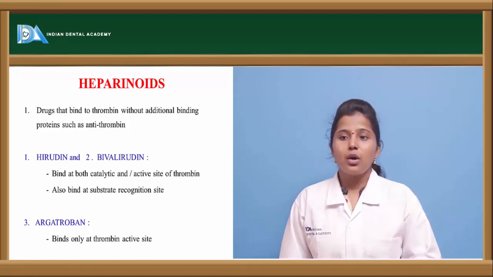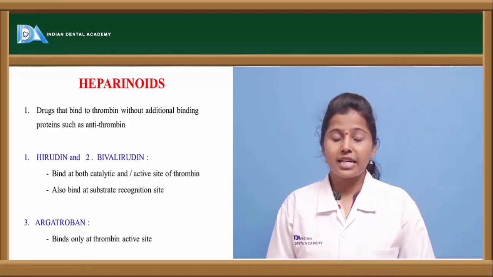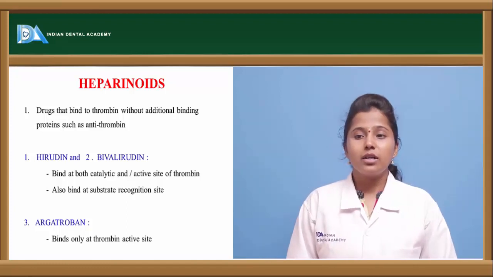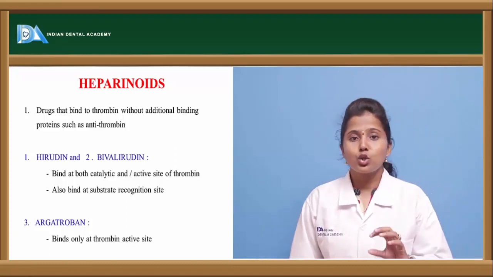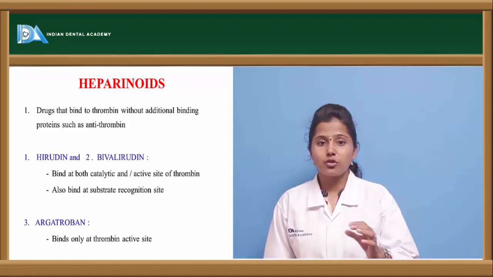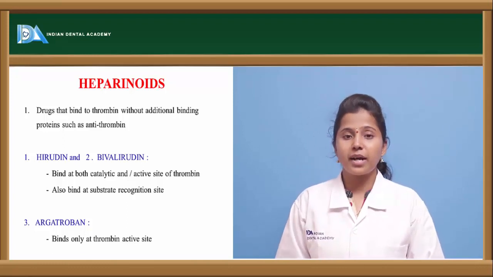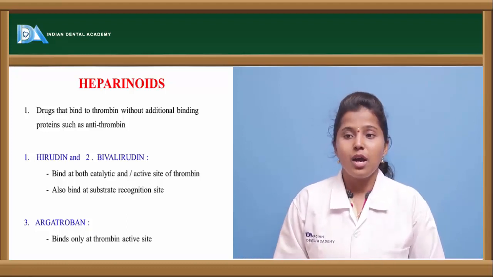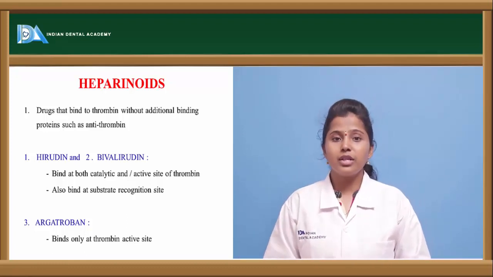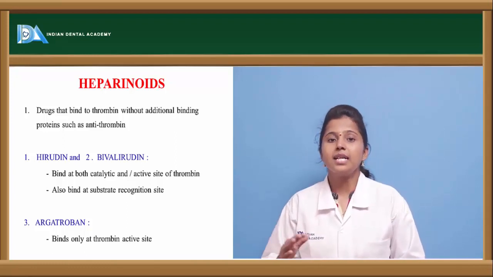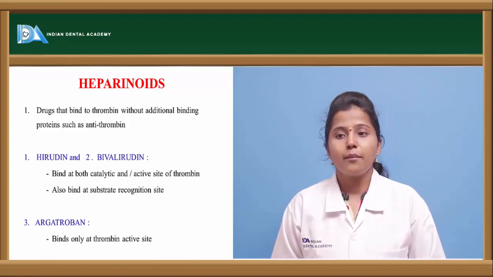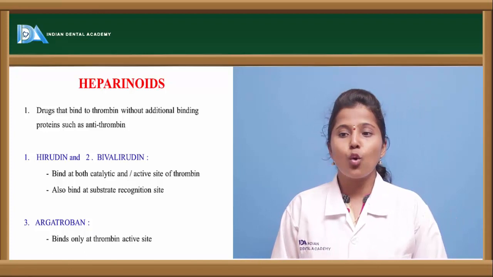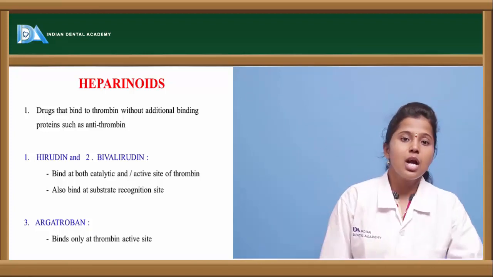These are the two drugs which are catalytic in nature, and they act at the site of thrombin, and they also bind at the substrate recognition site. When a substrate binds to the receptor, it initiates the coagulation procedure. But here hirudin or bivalirudin bind to the substrate site and inhibit the coagulation procedure. Next, argatroban. This is another heparinoid drug which